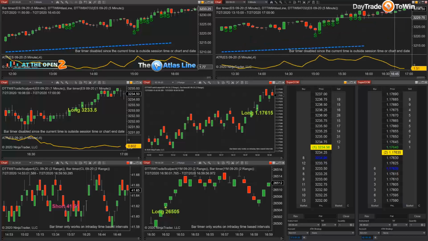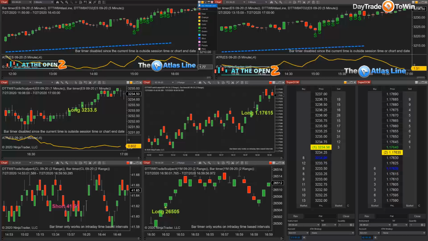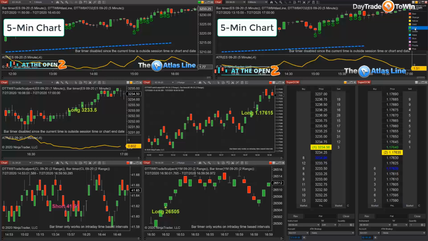I'm going to change this to orange. This will switch it right away to the E-mini. And now let's set up a different color for the interval link. So we're setting up an interval for 5 minutes, essentially. And let's set this to lime. This actually won't do anything because we already have these two charts set to 5 minutes anyway. But that's a good way to make sure that the time frame is consistent and you don't actually change something